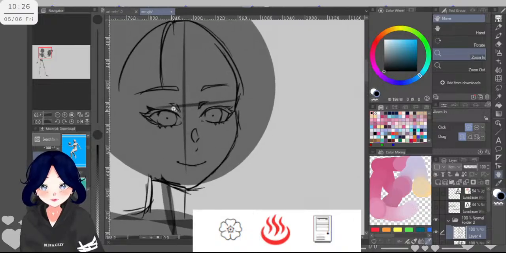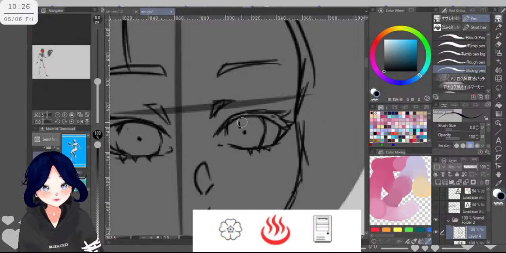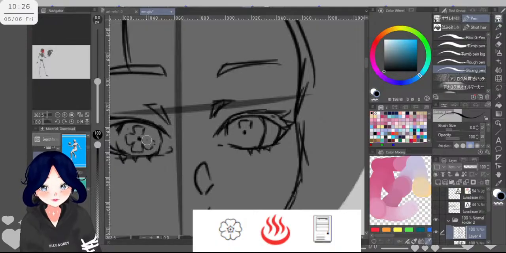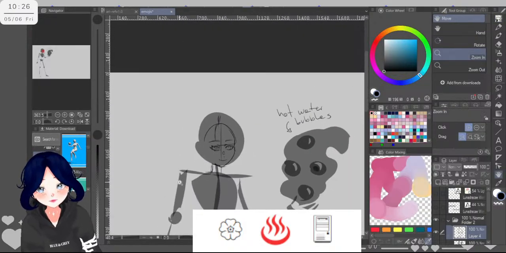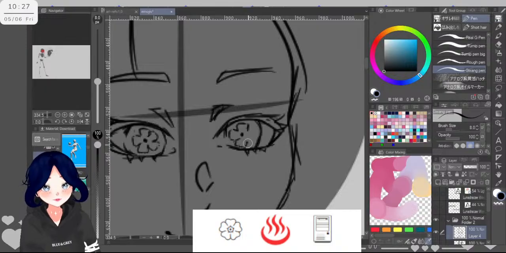I think that is okay. At least it is looking in the same direction. And here we have a petal here. Here and this. Okay, let's see how it looks once the whole design is completed.